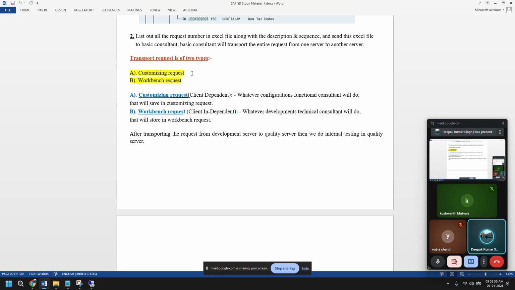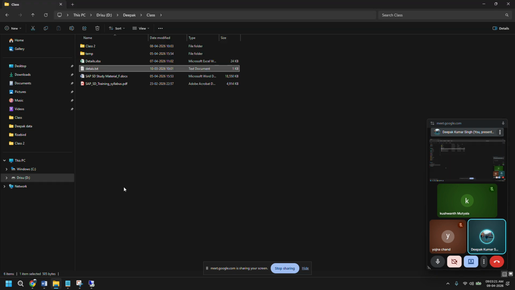There are some configurations which we will be doing as a consultant, but those will be stored in the workbench TR. It's not always 100% of our changes that go and sit in the customizing. There are a few exceptions that we will discuss once we see them. So that time I will tell you. But as a thumb rule, 95% of our configuration goes and sits in the customizing TR. And what is the primary difference? As I said last class also,